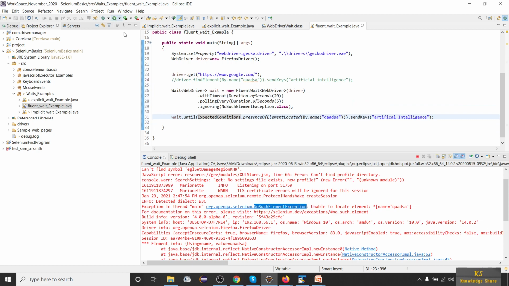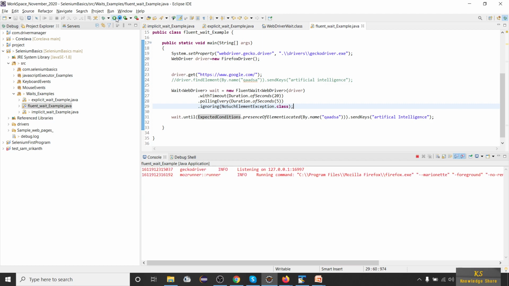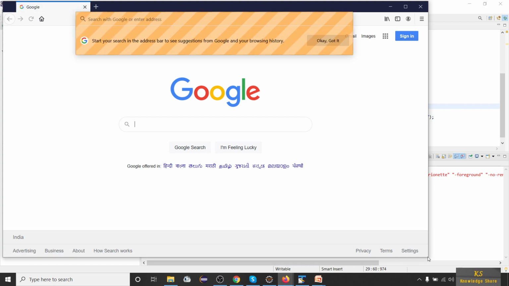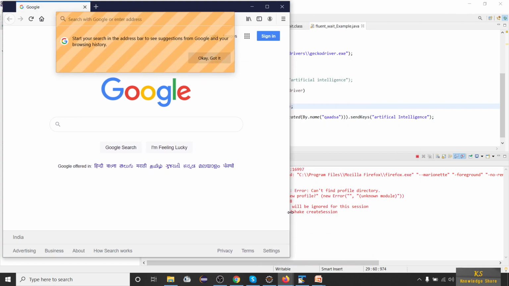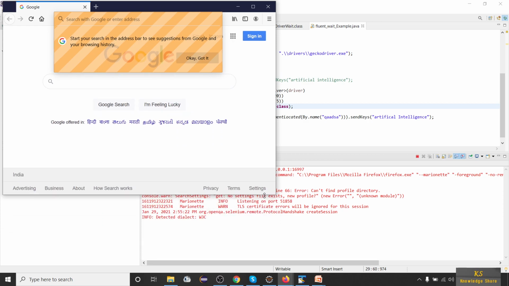Now let's run this and see how this behaves. You will be seeing some message related to these statements that we used. So let me run this. See, in the console, it didn't throw any alert message, right? It's waiting for 20 seconds, and after 20 seconds it will throw an exception that this element is not found.